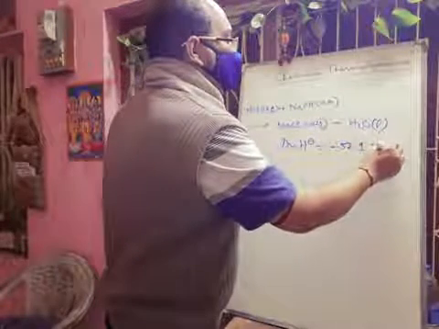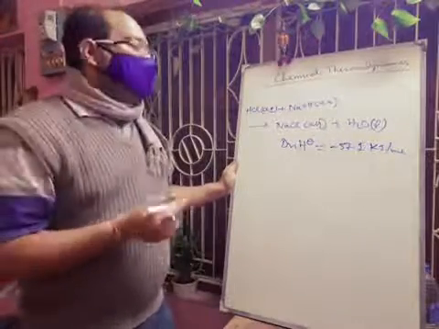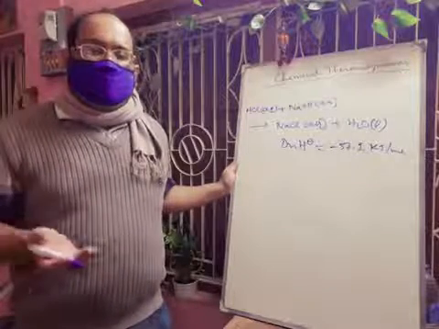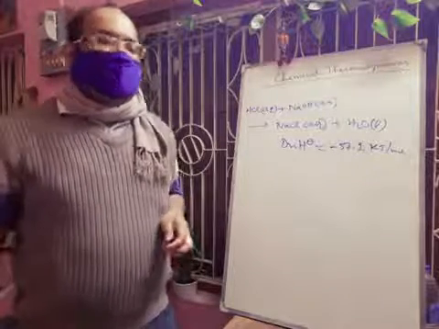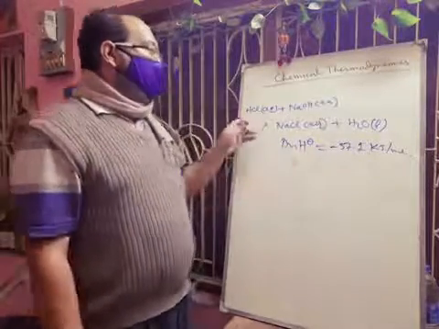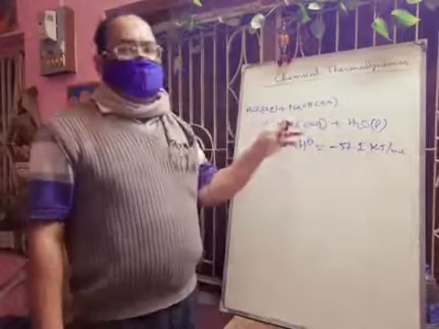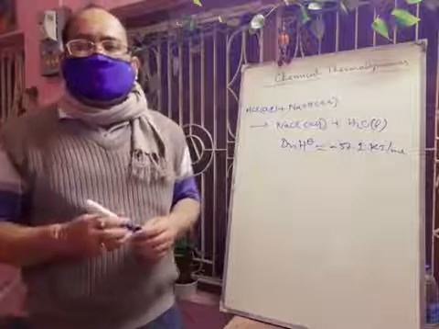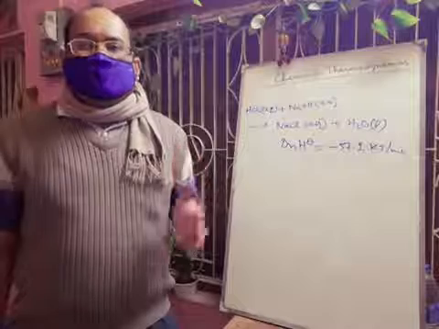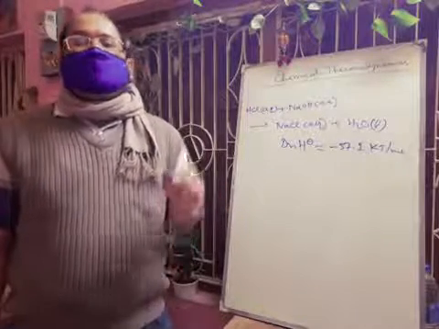But if we take a different acid, suppose nitric acid or sulfuric acid, nitric acid with KOH also forms potassium nitrate and water, and here also the heat of neutralization will be the same. But one thing you have to understand is that the acid should be strong and the base should be strong. The neutralization reaction is the reaction between 1 mole H+ ion and 1 mole OH− ion in aqueous solution to form 1 mole water. Hence the heat of neutralization of any strong acid and strong base is always the same.